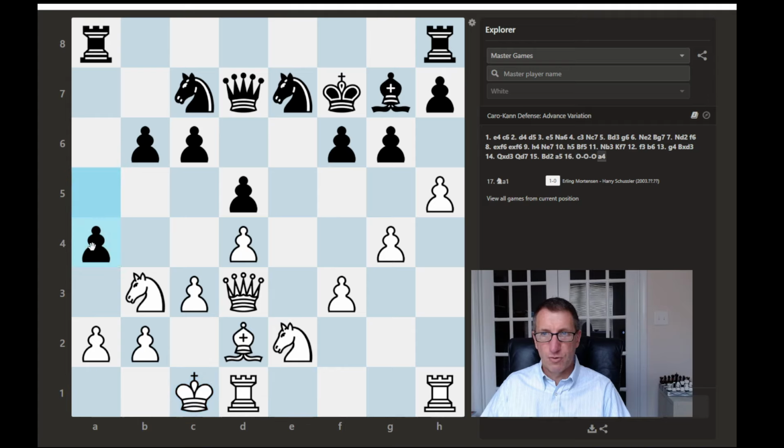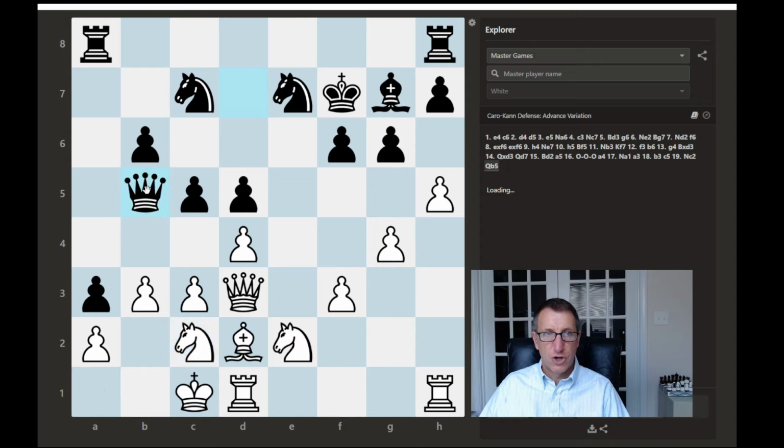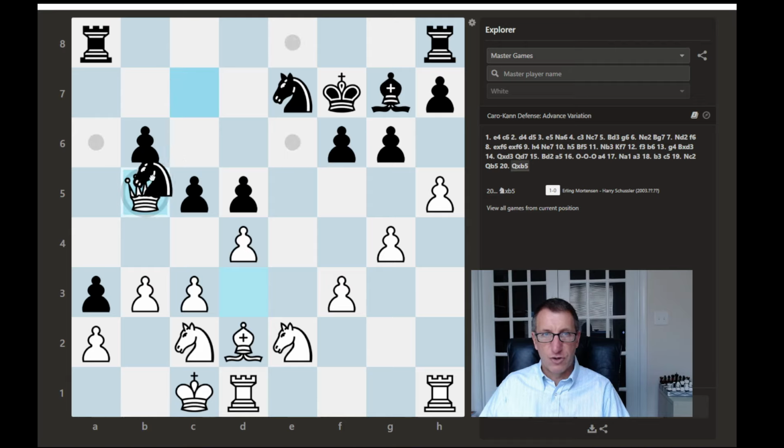And now a4, knight to a1, a3, b3. So c5. So we see here the pawns are storming forward towards white's position. But white did go on to win here after knight to c2, queen to b5, exchange here of the queens, and then capture, capture,